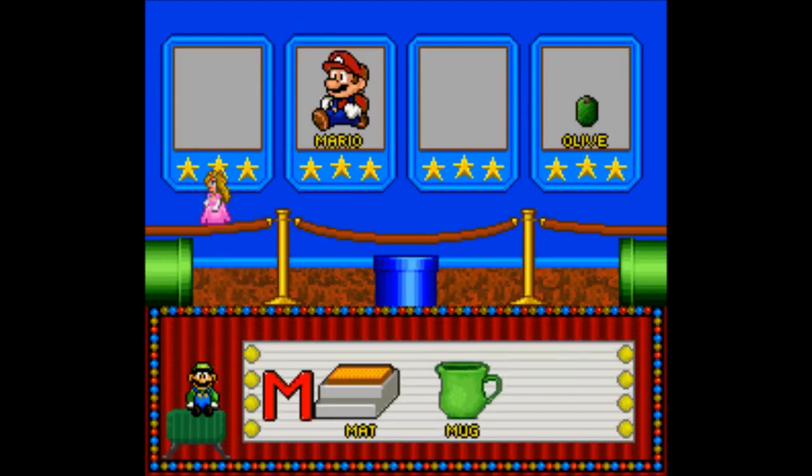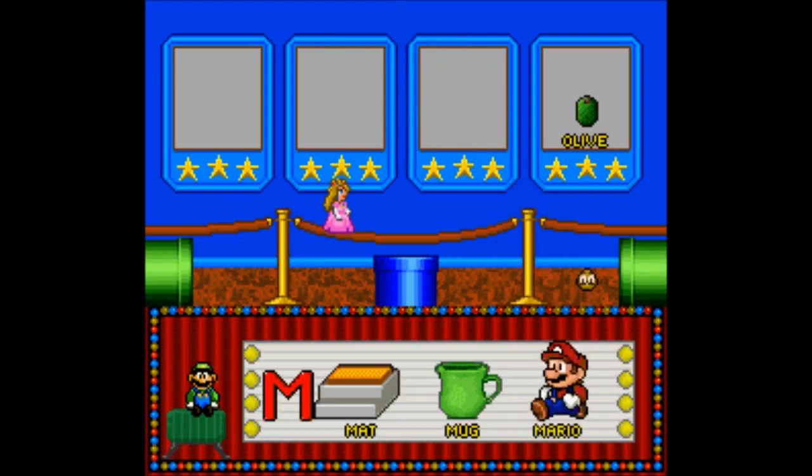You chose mug that starts with M. Mug. Find a word that starts with the letter M. That works for me! You chose Mario that starts with M. Mario.